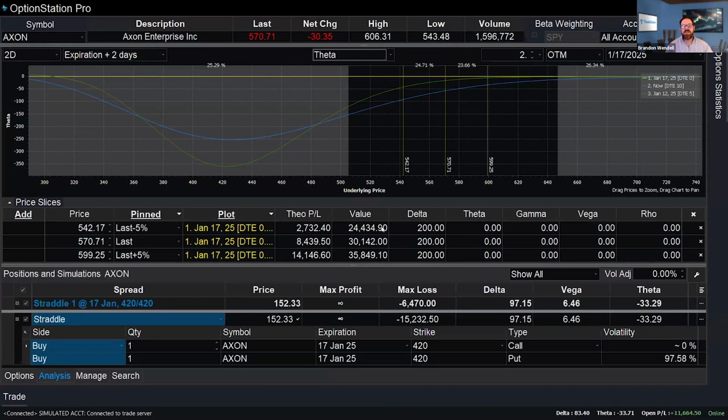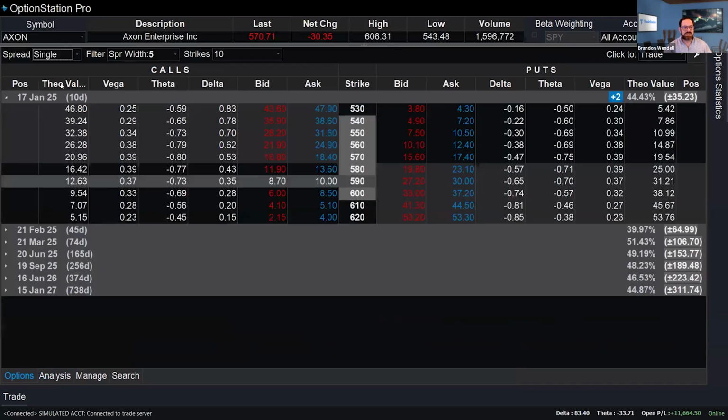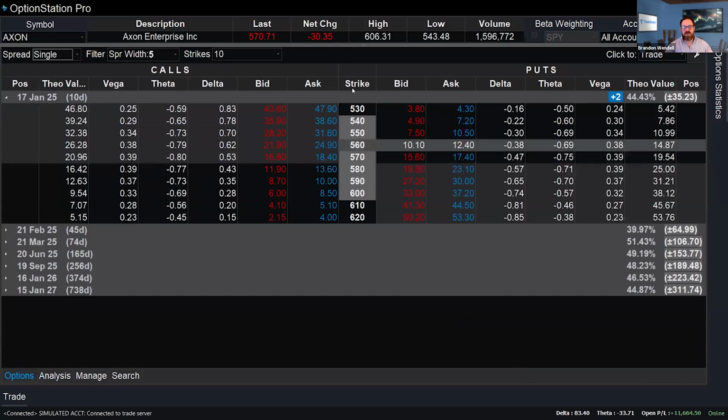Not necessarily. The reason why I chose this, and there's a reason why I chose the January options. I'm very late in exiting this right now, but I wanted to continue having this and showing you what does happen if you hold too long. When we look at this right now, it's not showing my data, theta or anything like that here. But if I go to options, AXON, here we are, and the current options, well, 420 is going to be pretty far away.